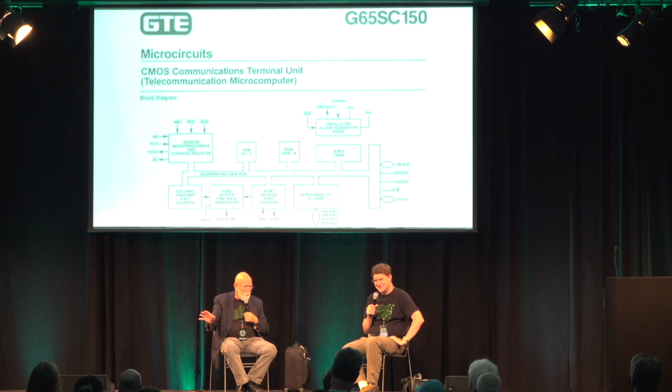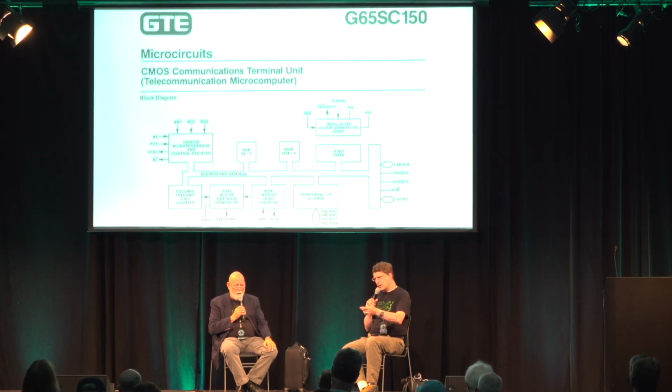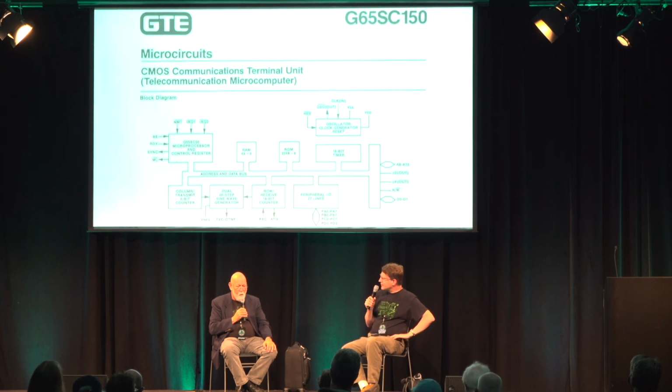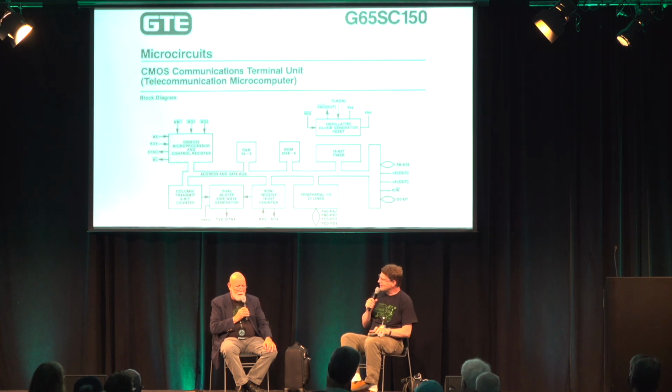It wasn't built. So the first chip that was designed with the 65C02 instruction set was the 150. Then I took the core out of that, and that's how we got the 65C02. Yeah, so I have here the block diagram of the 65SC150. This was the thing that came out, and what we still love today, the 65C02 and the 65816, all stemmed from this chip. Yeah, it's nice.